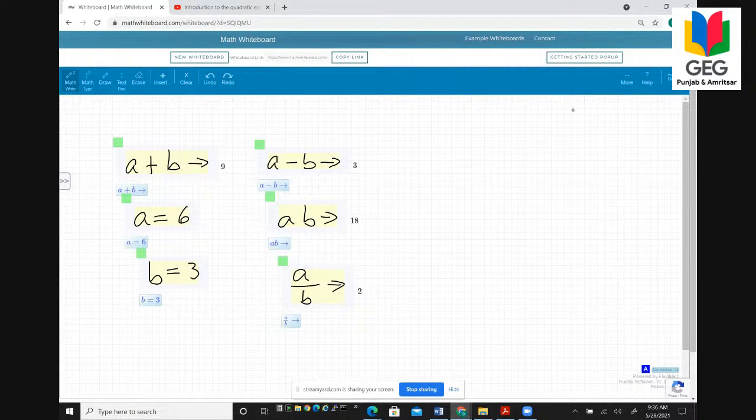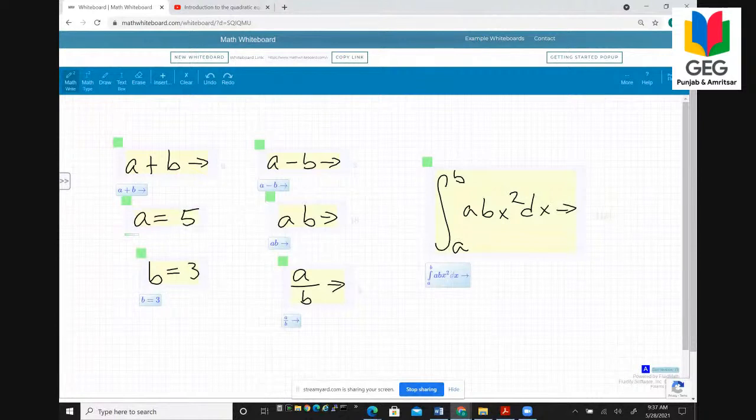I can also do some more advanced mathematics. So, for example, I can write a definite integral on the page, and we can solve that as well. Now, when I go back and I change the value assigned to A from a 6 to maybe a 5, again, all the answers on the page update dynamically. Or if I change B to a 7, all the answers on the page update dynamically. I can even assign to A an expression like x plus 1, and now x plus 1 substitutes for A